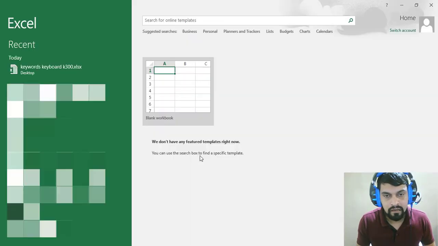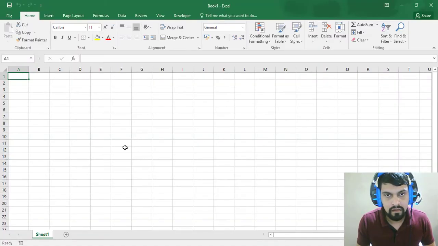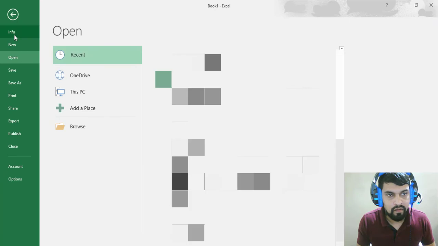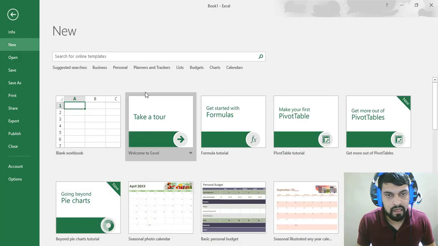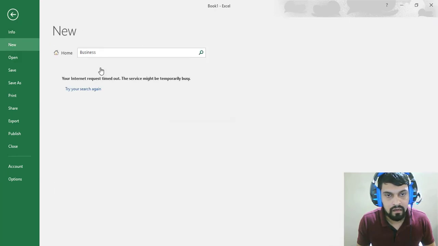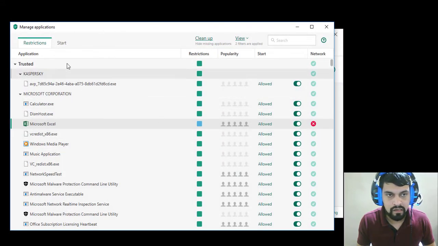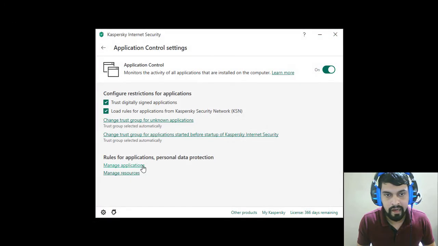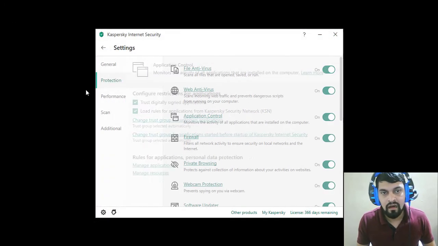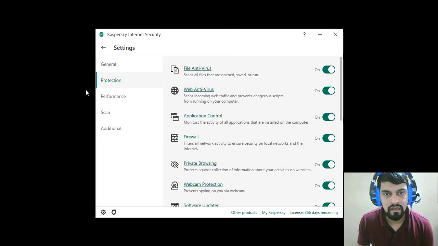You see Excel. So if I want to have a new template or something like that, see, I'm not being connected. So this is a cool feature I like about Kaspersky. Other internet security also had it, but I find here it's very easy.